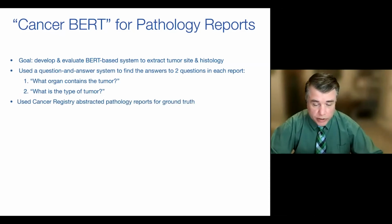So I used human abstracters. Cancer certified tumor registrars in the cancer registry do this for a living. They're trained and certified to extract this type of information from pathology reports. Moffitt had 16 of them working for them, and I got 10 years' worth of their work and used that for ground truth,